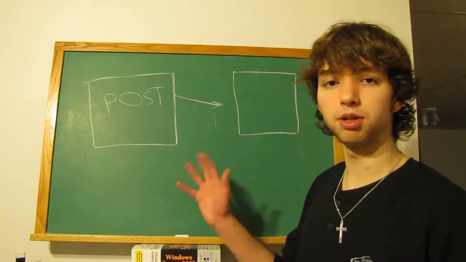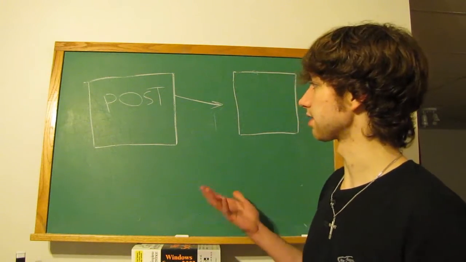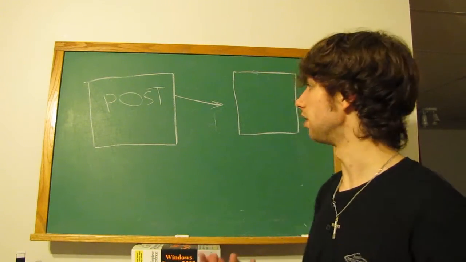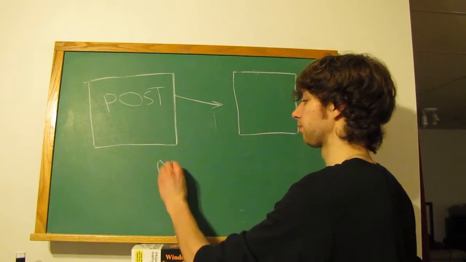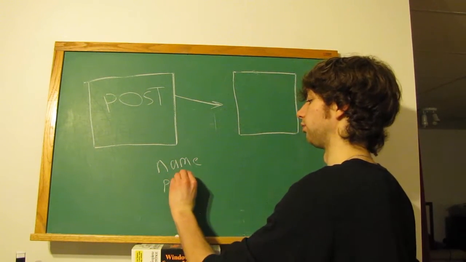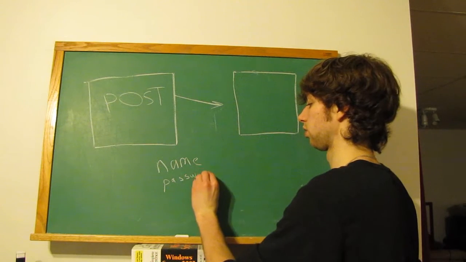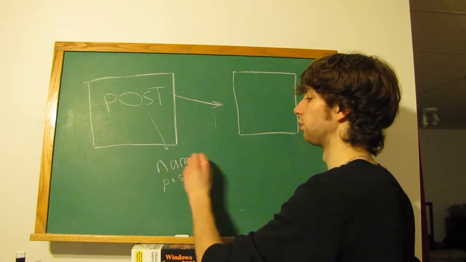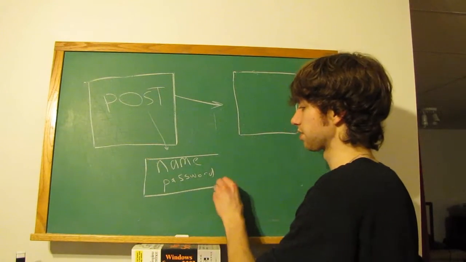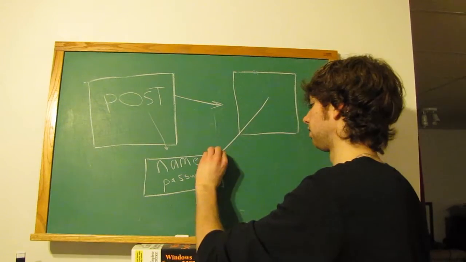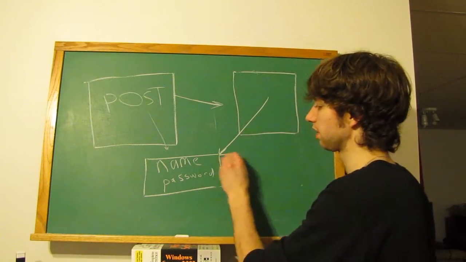That means anything we put in that form gets assigned to a superglobal array. So if we had a name and password, for example, in our form, these are taken from the form, stored in this array,